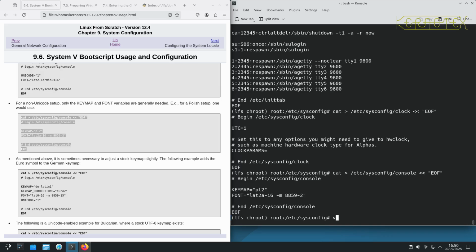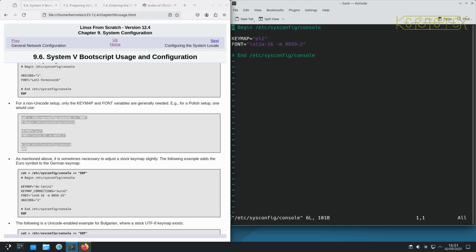And what I'll now do is edit that just to configure it for my own use. So what I need to do is to change the key map from, I believe that's Poland, to UK, put the UK country code in, and the font is probably best being 1 for Western Europe